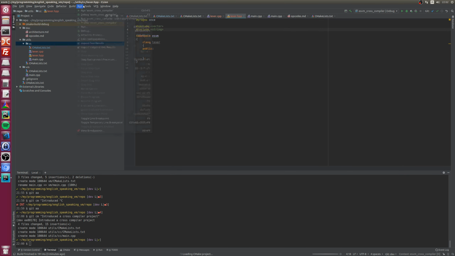Okay, and now let's reset cache and rerun the CMake. Let's see whether we have string view.